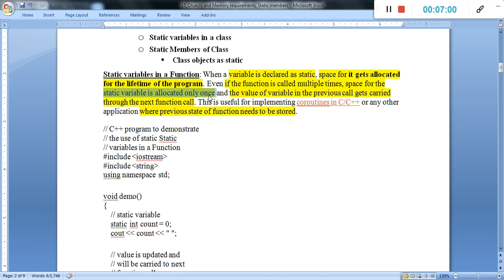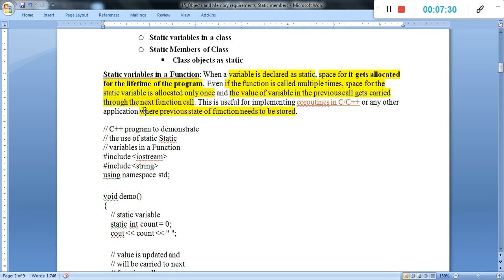The value of the variable in the previous call gets carried to the next function call. Means when we call the function, the value, either the initial value or modified in the first call, is carried to the next call.